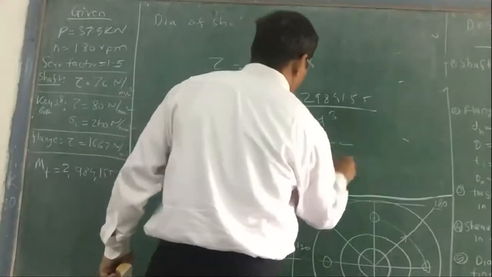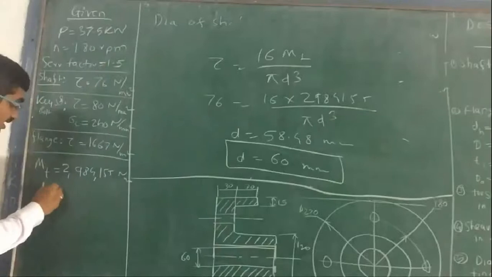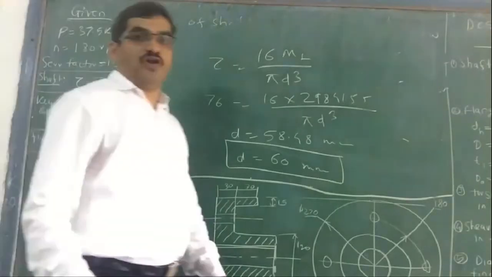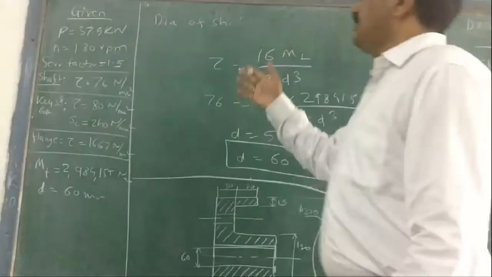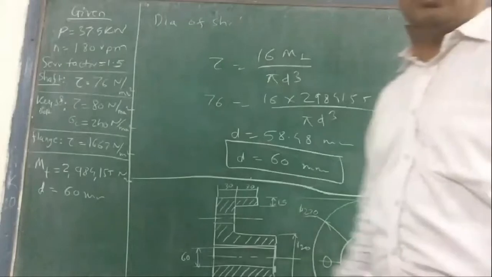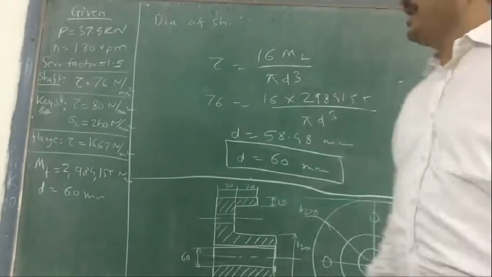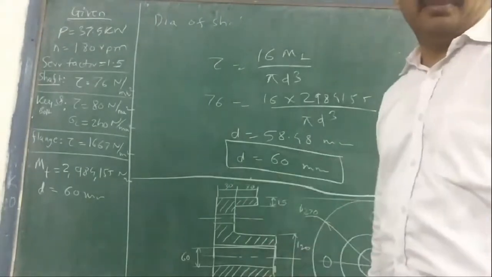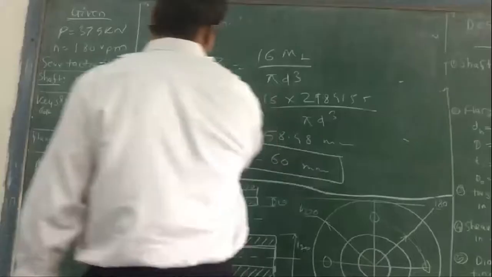So this is the first very important basic thing. We calculated the diameter of the shaft as 60 mm. So now we know for our flange, for the given rated power, to transmit the power of 37.5 kilowatt with the RPM of 180, our diameter of the shaft has to be 60 mm. Okay. Now we'll go to the next part.